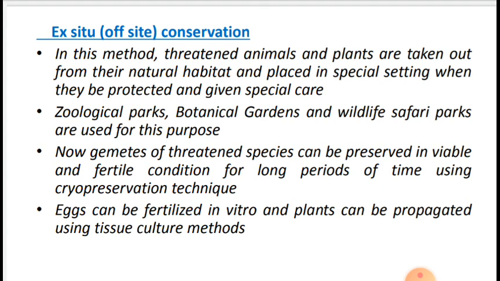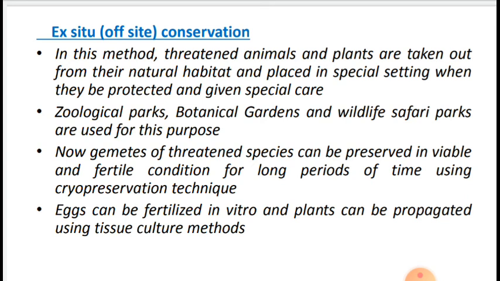This way we can conserve our biodiversity at the ex situ or off-site level. Seeds of different genetic strains of commercially important plants can also be kept for a long period in seed banks. Nowadays seed banks are available for this purpose, where seeds of economically or commercially valuable plant species can be kept for a long period of time, and whenever required, they can be